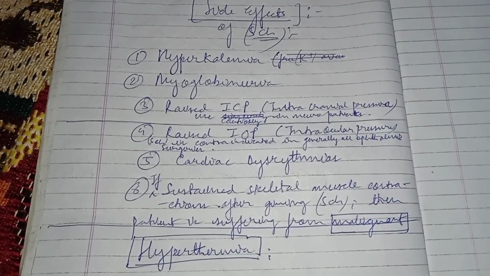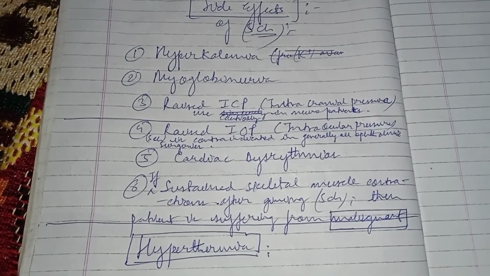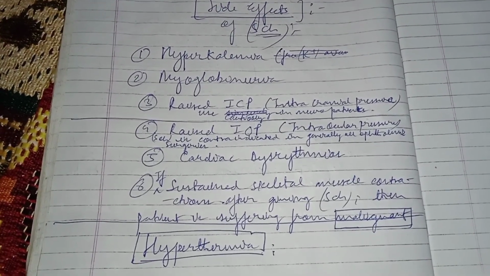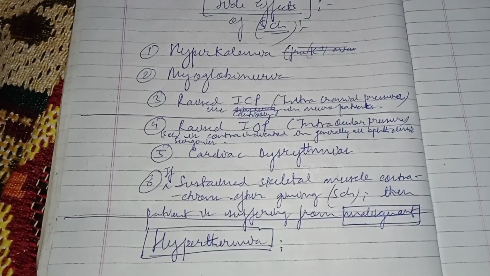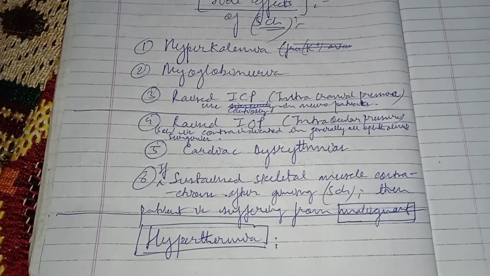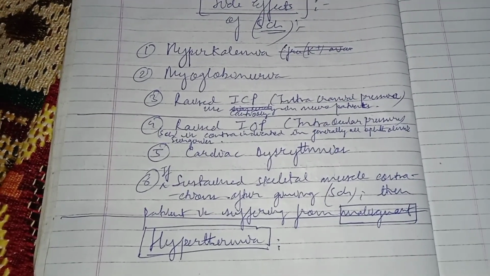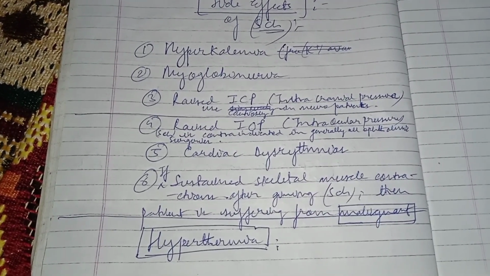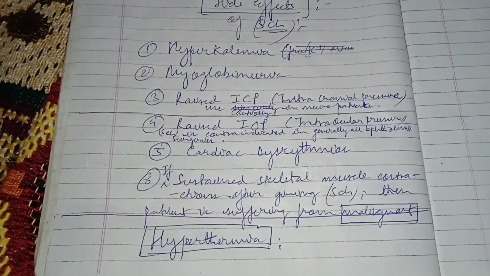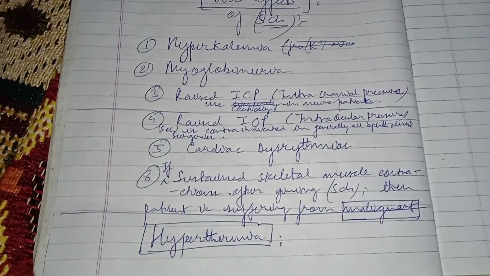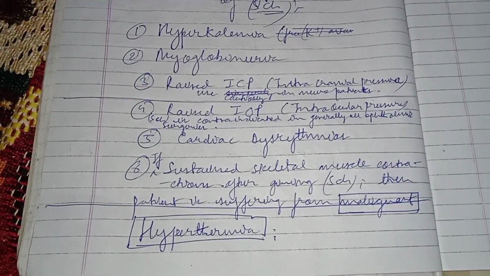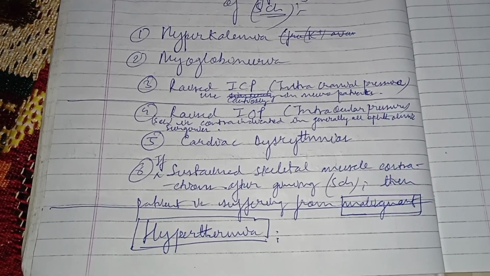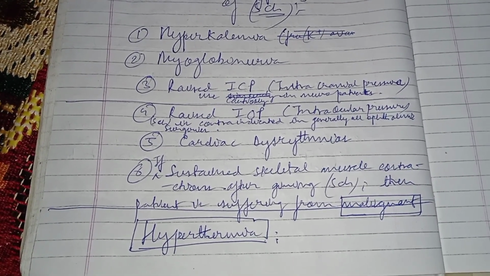So in case of neuro patients, we need to use succinylcholine very cautiously, isn't it? The fourth point, there is raised IOP, that is intraocular pressure. So scoline is generally contraindicated in ophthalmic surgeries. Then cardiac arrhythmias. The last and the most important point, that if there is sustained skeletal muscle contractions or sustained